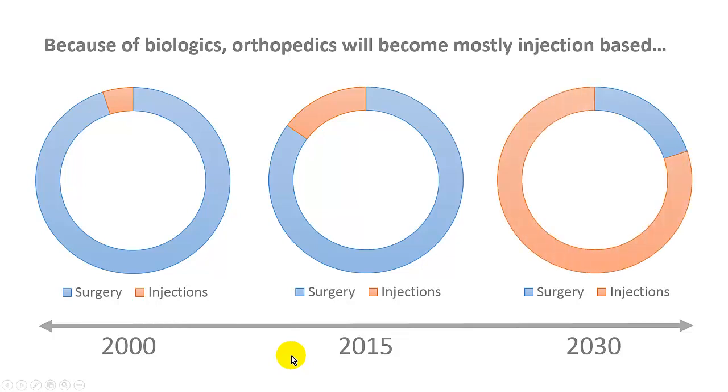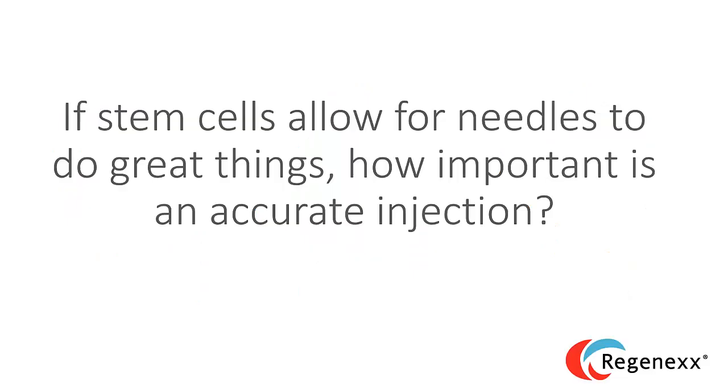Where I think we're going, and we're already seeing this, is that 15 years from now we believe it's going to all flip. We believe we're going to see more orthopedic interactions that go beyond physical therapy being done in orthopedic care turning into needle-based things, like platelet-rich plasma injections for tendinitis or tendinopathy, far less surgery, simply based on the possibilities of biologics. We're not doing many tendinopathy surgeries anymore. So if stem cells allow for needles to do great things, how important is an accurate